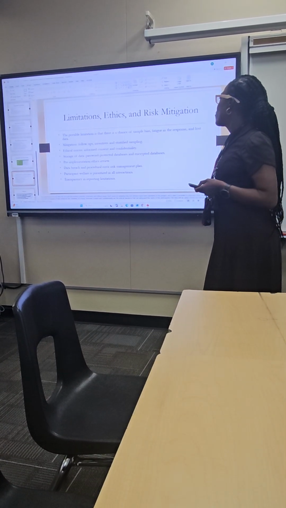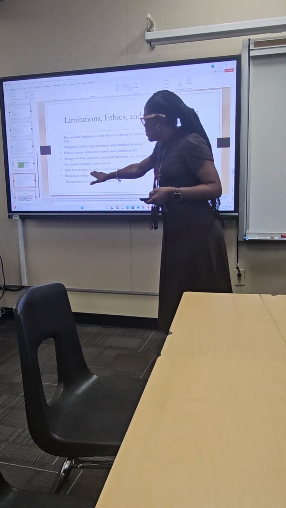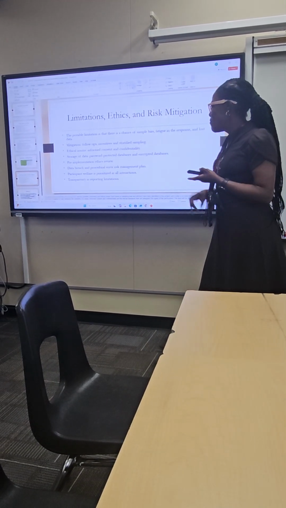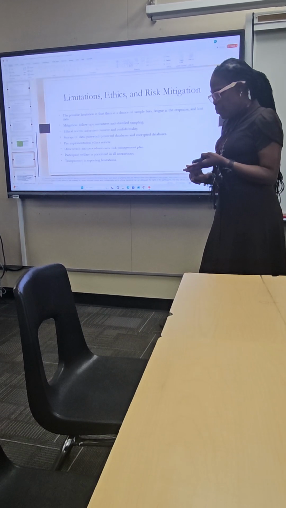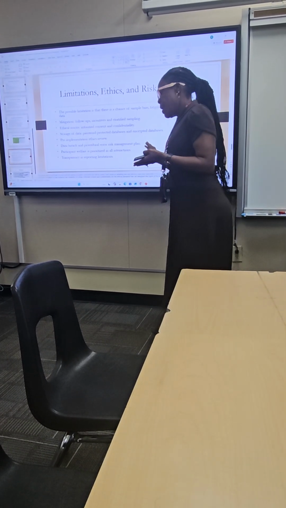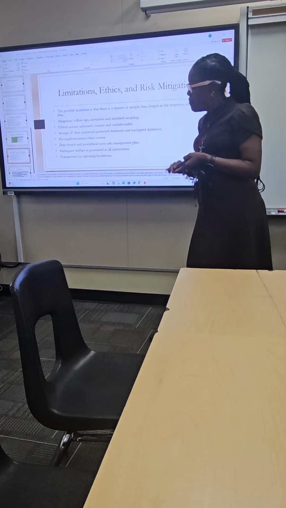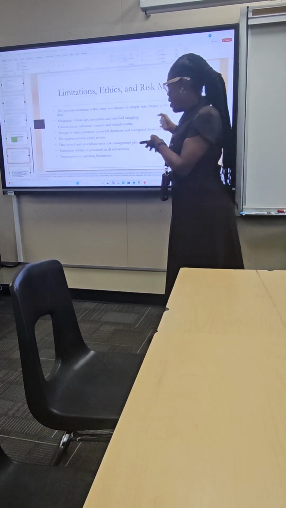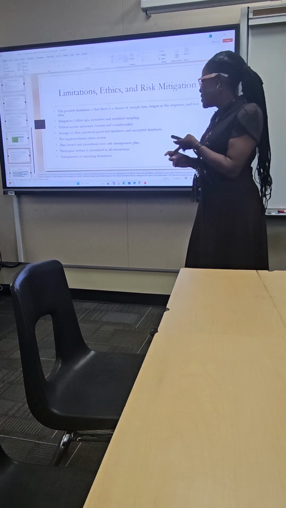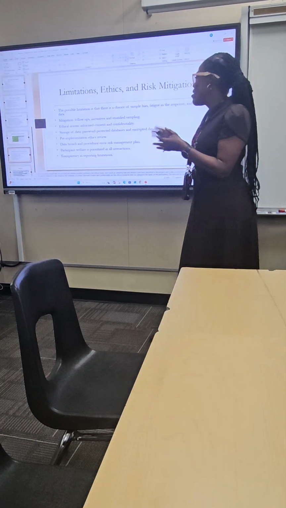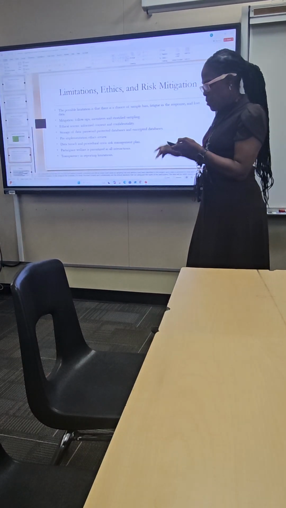Limitations, ethics, and risk mitigation. Here, these are the risks that I need to make sure are handled ethically, make sure there's no data breach, make sure that the authors are lined up, or put all the people that performed in the data on this here, to make sure that everything is prioritized, and make sure I have everything that I need to continue or to perform this survey.